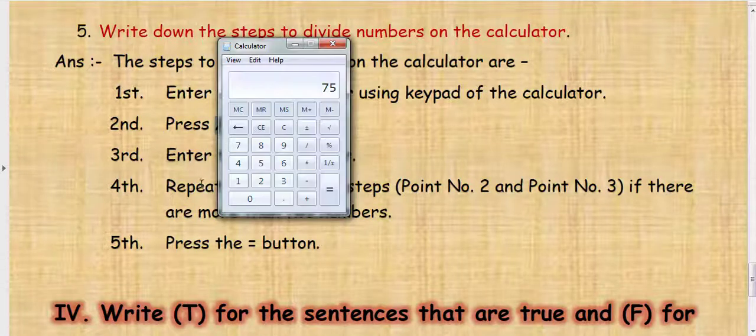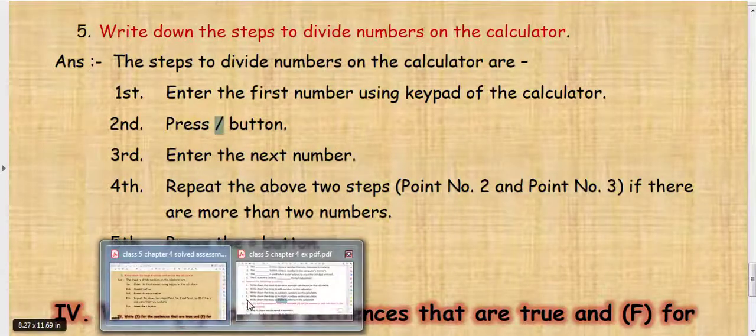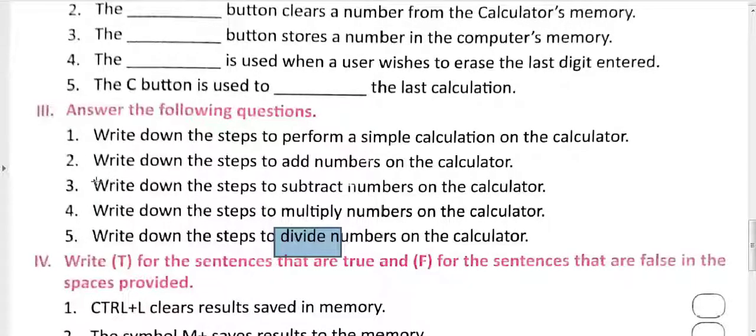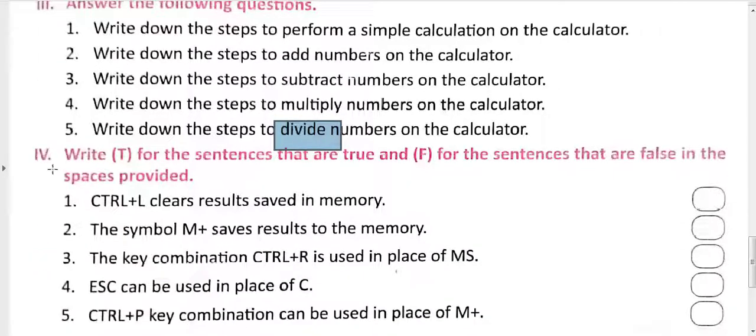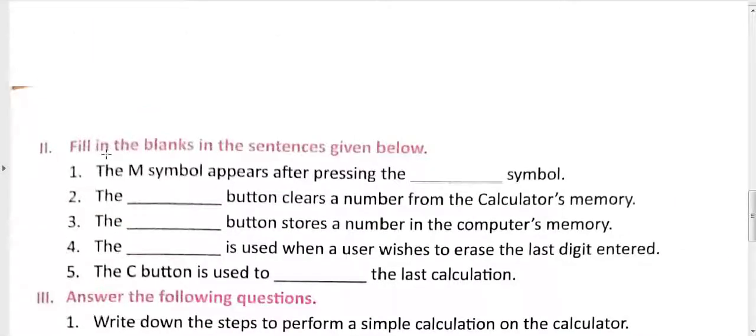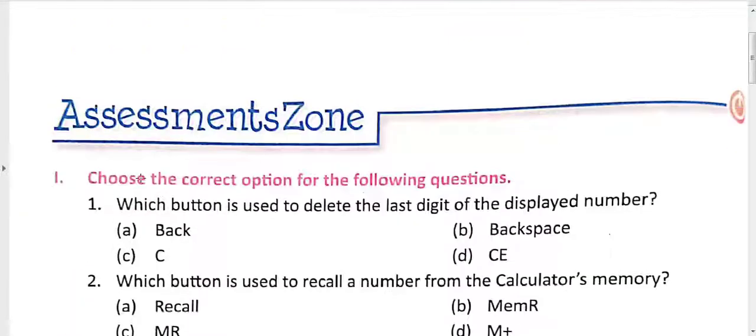You can find the slash button and asterisk button on the keyboard here. See, these two buttons above the minus button. These two buttons are used for multiplication and division. So only 5 questions were there in this exercise. We have discussed all these 5 questions. We have already discussed exercise 4 true false, exercise 2 fill in the blanks, and exercise 1 choose the correct option in the previous class.